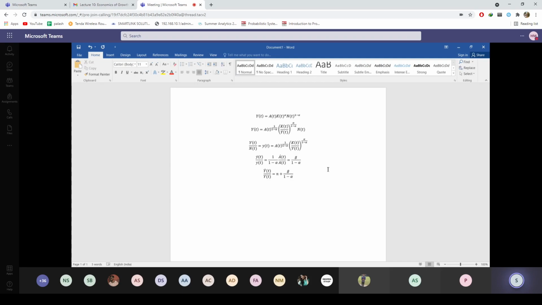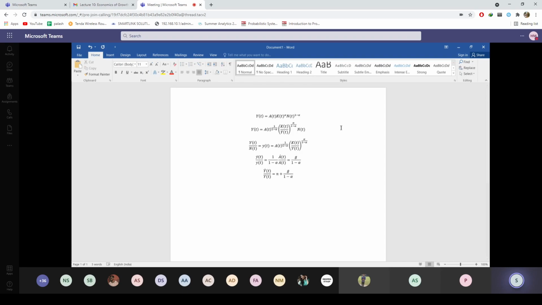So basically, without solving the Solow model, if we are only concentrating on the long run growth rate, not the transition, I do not bother what the value of capital K by capital Y is in this derivation. I only bother what the growth rate is in the long run. So in that case, it's the easiest way to get the answer. If you know the production function, you can always manipulate it in this way, and you utilize this result that along the balanced growth path, capital K by capital Y has to be constant.